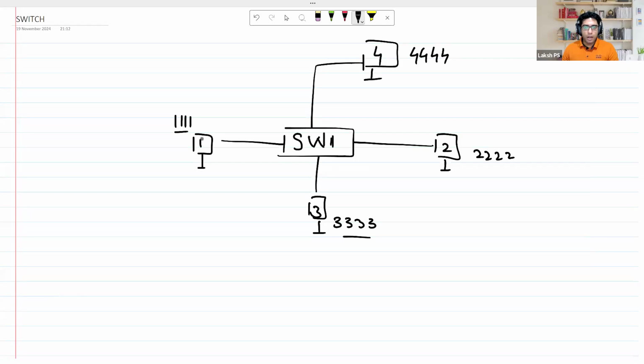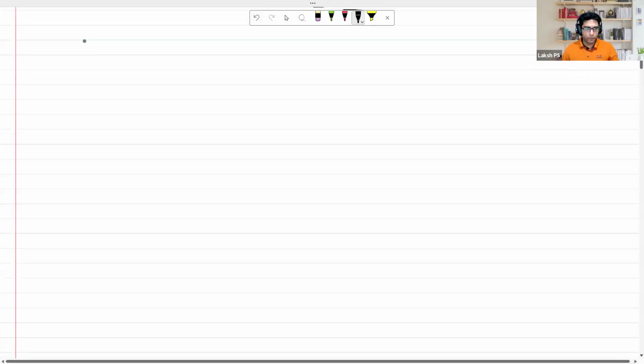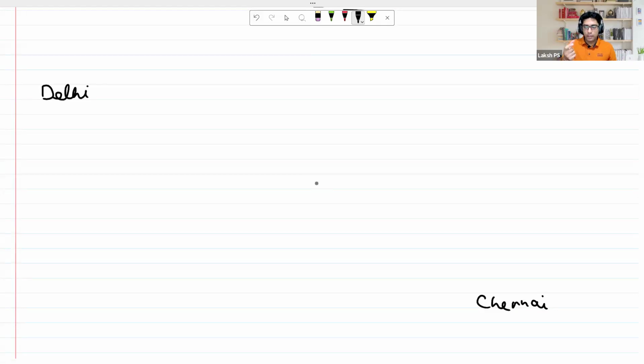So now, before I jump into the explanation, let's consider a real-time scenario where I want to travel by road from Delhi to Chennai. This is my assumption. Let's consider a time when there were no smartphones, no Google Maps. We completely relied on asking directions from one person to another and writing down those directions on paper or a copy. So in olden times, when we did not have Google Maps,